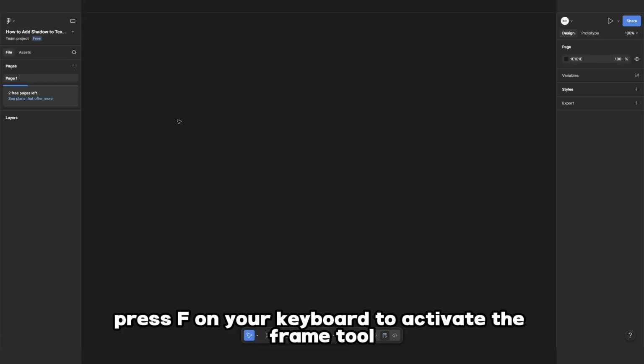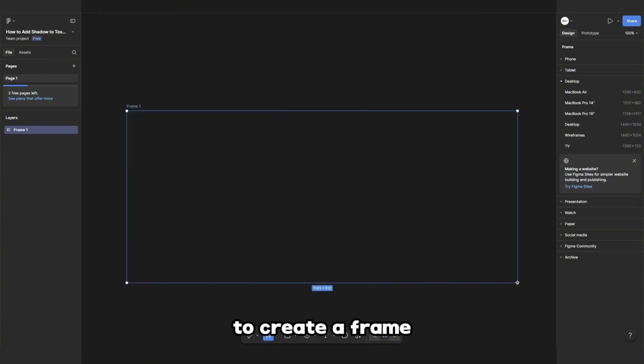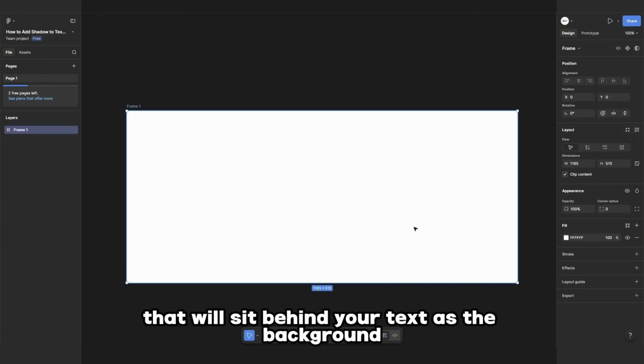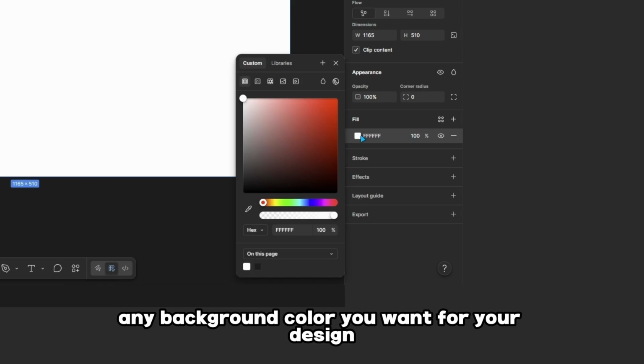Press F on your keyboard to activate the frame tool. Then click and drag on the canvas to create a frame that will sit behind your text as the background. With that frame selected, head over to the right-hand panel and find the Fill section. Click the plus button to add a fill, then click the color swatch and choose any background color you want